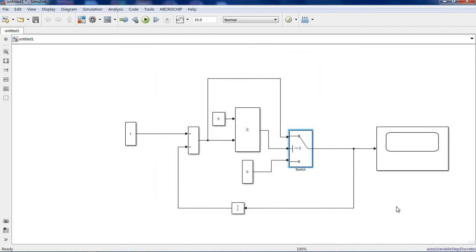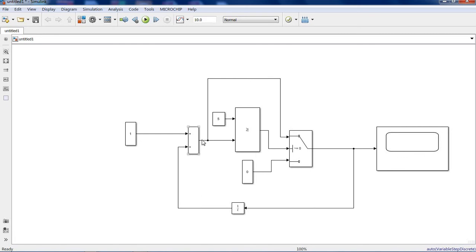So see what is happening here. Here I am passing the input and adding. Previously this is 0, so 1 plus 0, the output will be 1. Is 1 greater than or equal to 5? No. So the same output is passed to the switch block. Then it checks whether it is equal to 0. No. Then whatever output is here, 1, is passed directly to the scope block.